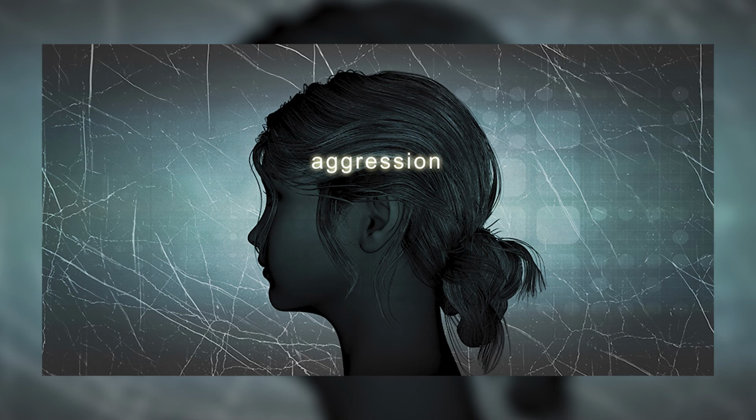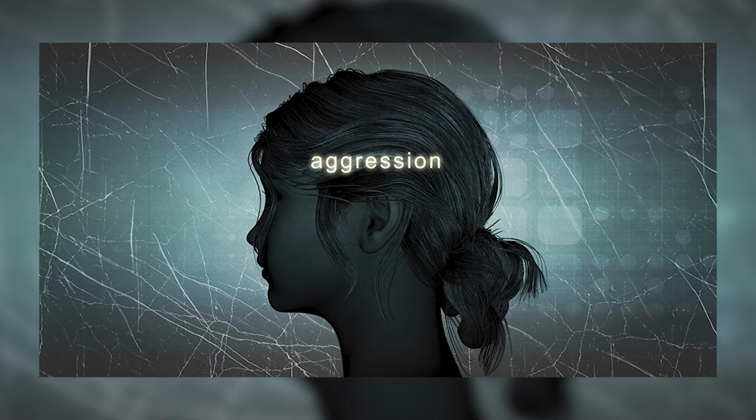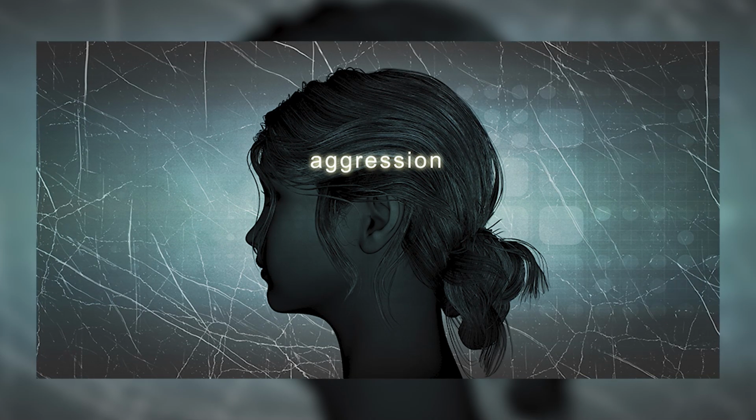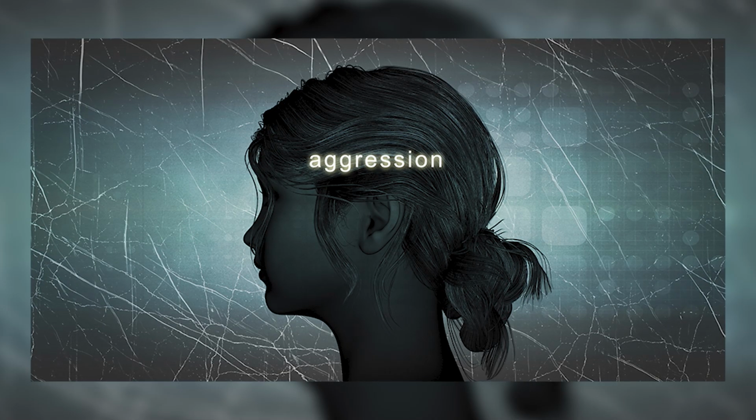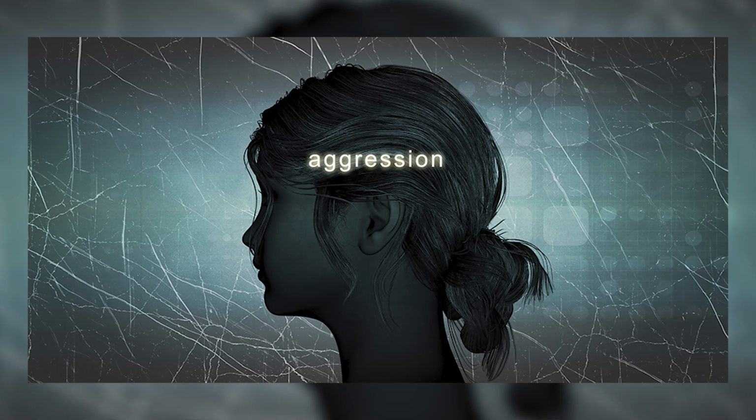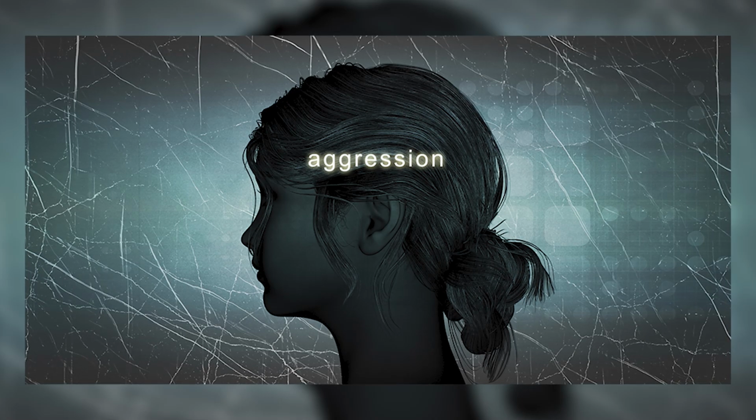Here come the types of aggression. Psychologists divide aggression into two main types. Both are damaging to those who experience them, whether as the target or the aggressor. They are impulsive aggression and instrumental aggression. Impulsive aggression is also known as affective or reactive aggression. Impulsive aggression is characterized by strong emotions.